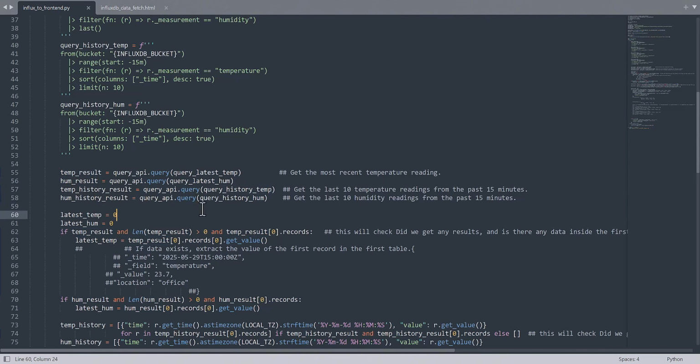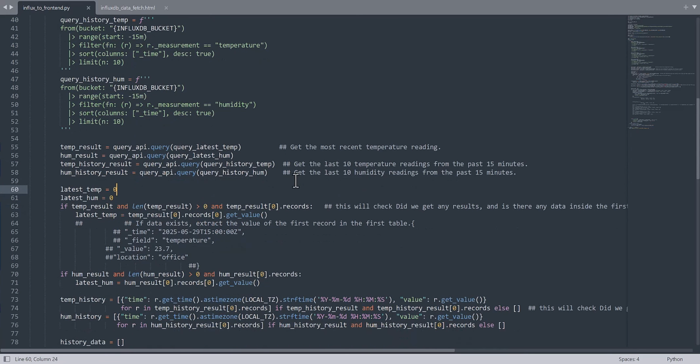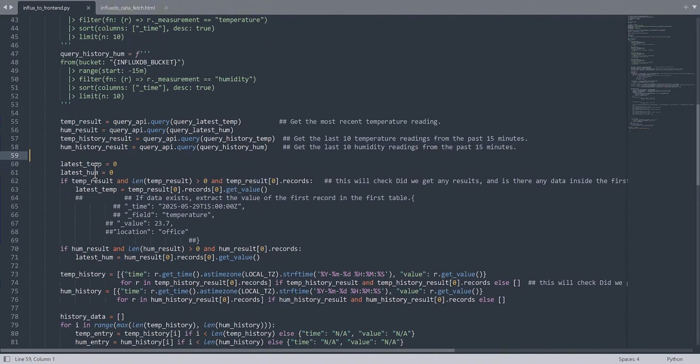Yeah. So here also I dropped some comments which you can also read to get to know about this part of it. It belongs to, for example, the past 15 minutes and so on. Then here I consider the temperature and humidity first, giving one value as 0. And then we are saying that if the temperature result and the length of this temperature result is greater than 0, and the first value of that dot record, which is captured,